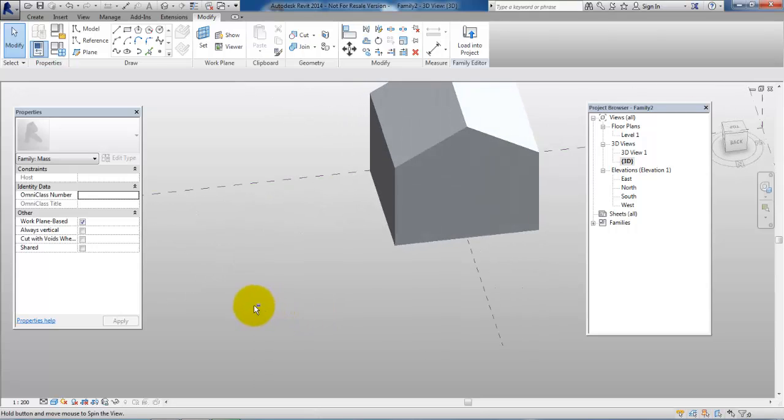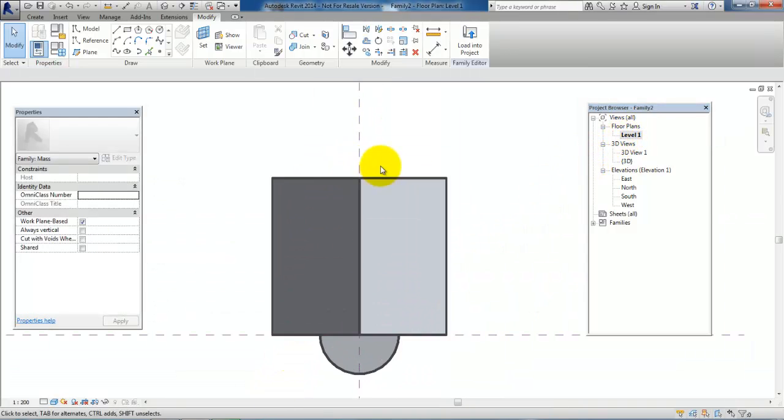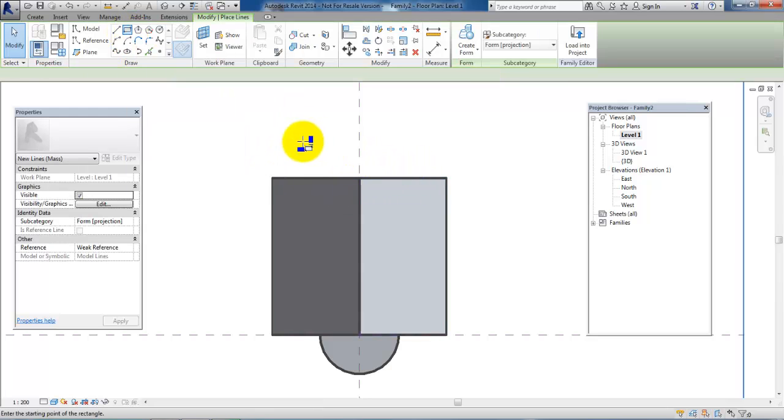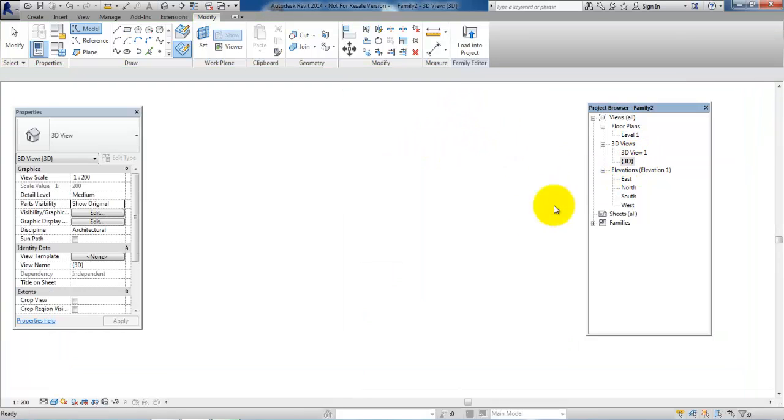Let's say I want to have an opening in this part right here, then I will just go back to Level 1. So it will be in this end of the building, and again I will select the rectangle tool and just click somewhere out here, make a shape, go back to the 3D model,